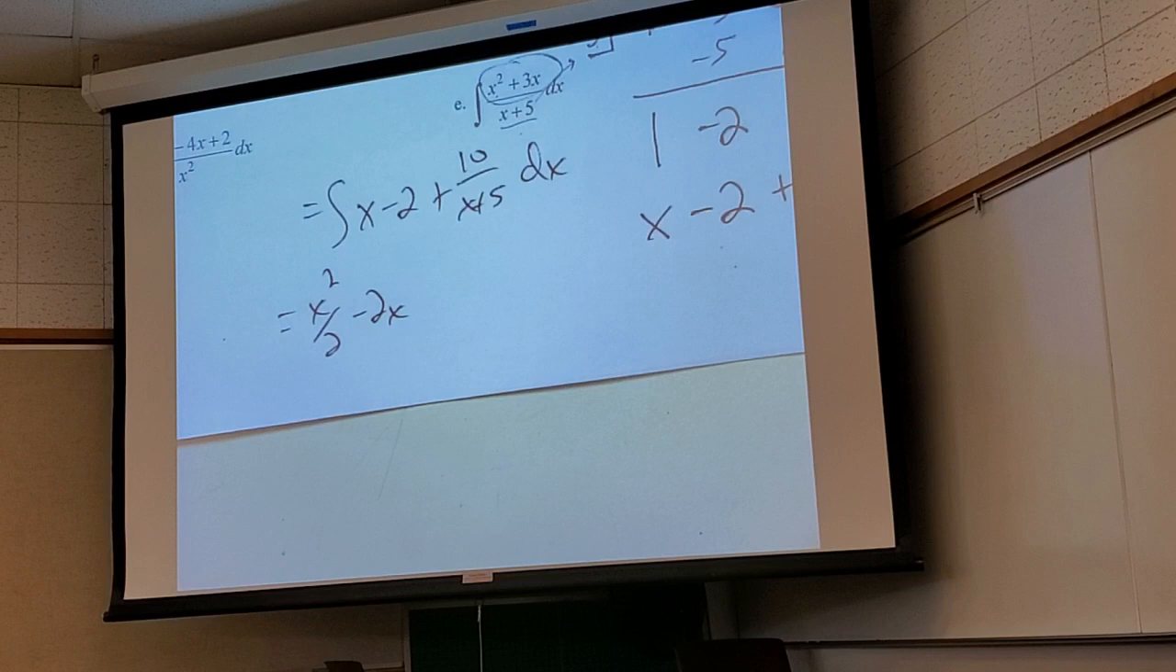Does anybody see 10 over x plus 5? Couldn't you just bring it up because the derivative of the inside would just be 1? Sure. So what's the integral of 1 over x? Natural log of absolute value of x, right? What's the integral of 2 over x? 2 natural log of absolute value of x, right? So this will be 10 times the natural log of